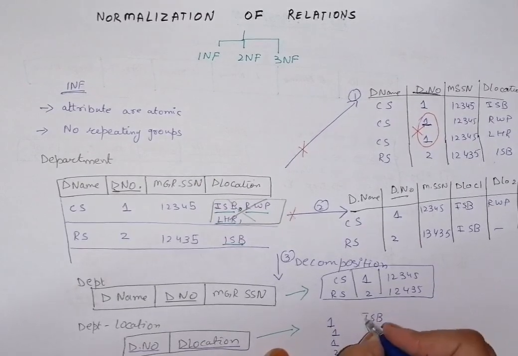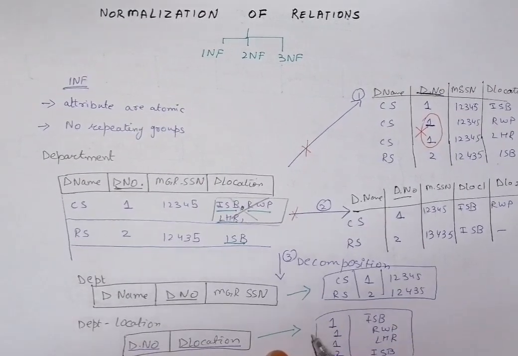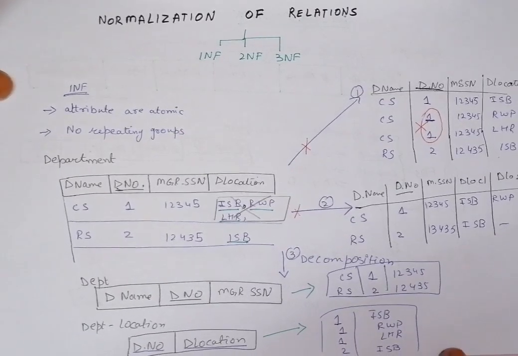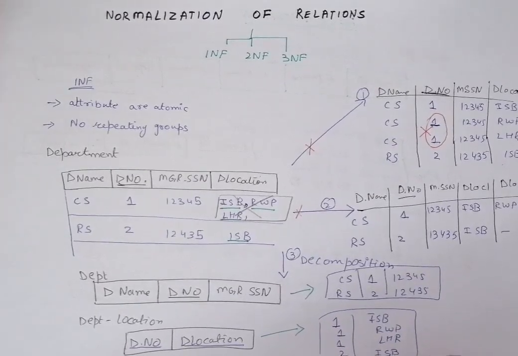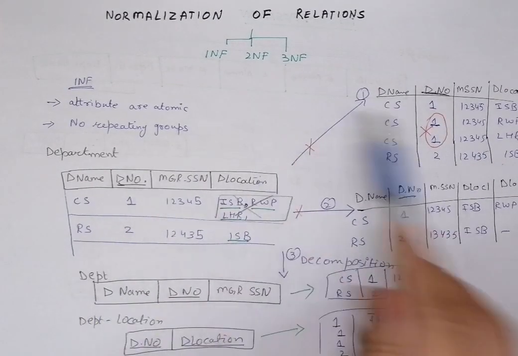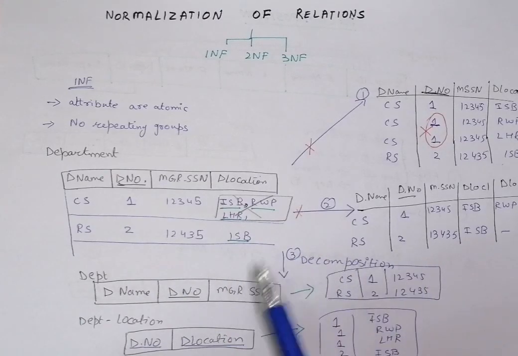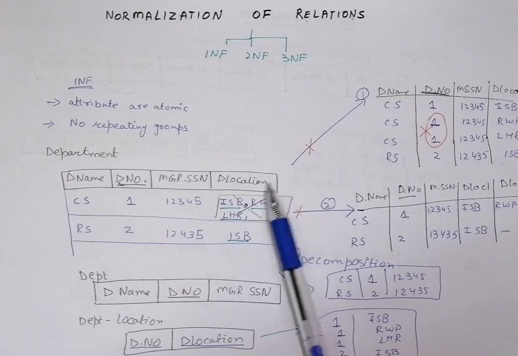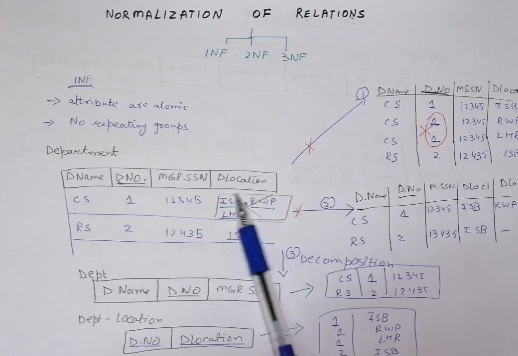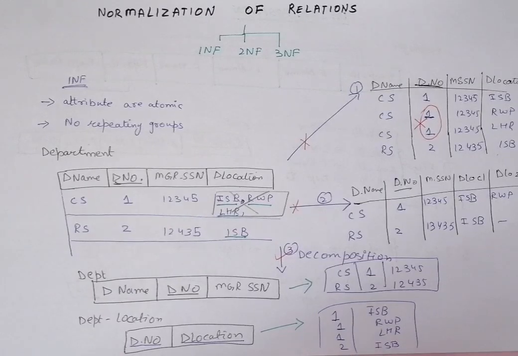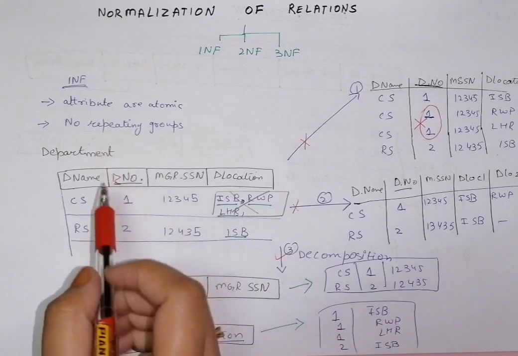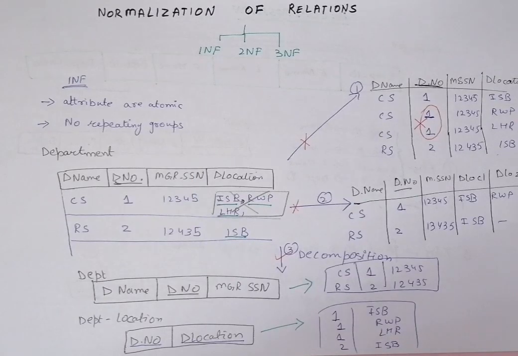So you can see that in this way we have eliminated the repeating groups, and created new tables that satisfy the normal form. In this scenario that has been presented to you, we identified that the given relation is not in first normal form, because the attributes are not atomic. Then we decomposed it and converted it into two different tables in normalized form that fulfil the first normal form. This concludes the first normal form.